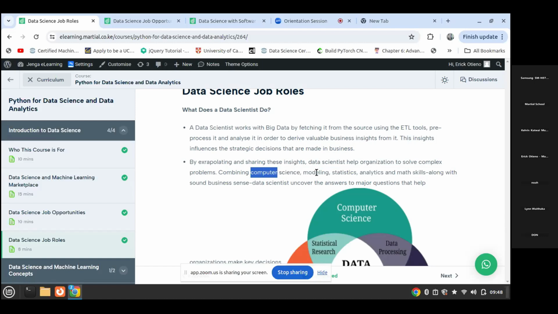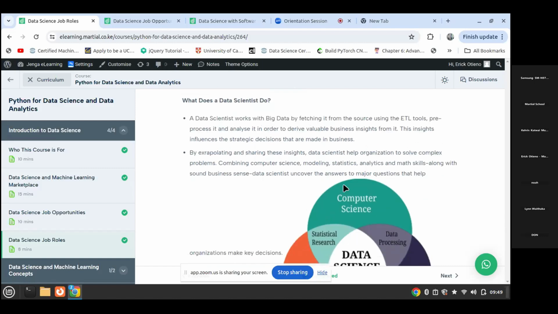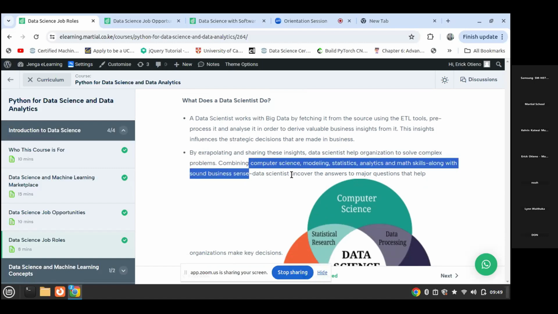There's a field for modeling, and another field for statistics, analytics, and math skills, along with some sound business sense. Using all these fields, data scientists uncover and answer major questions that help organizations make key decisions.